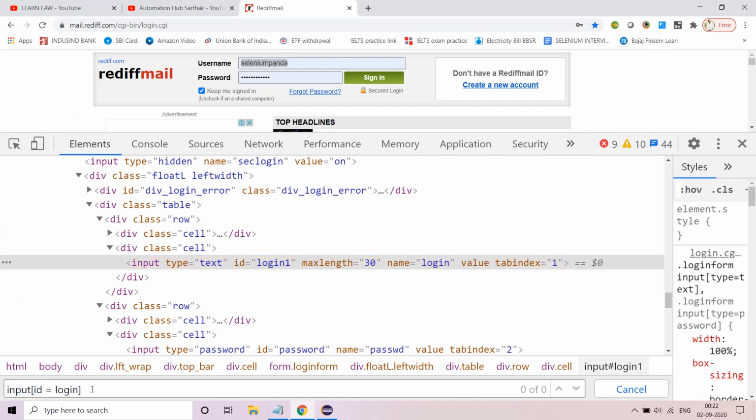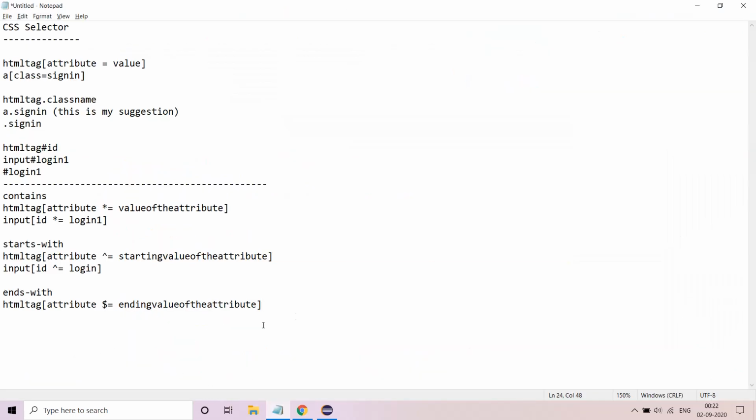You can use dollar, and you can choose to remove l, but you have to give 1, because you cannot eliminate the last value, otherwise it makes no sense, because it is ends with, so the end part of the attribute value, log and 1. So technically you cannot remove 1, it will not work. You have to have the end value for sure. So this is also a correct CSS selector. It will still work. So again, very simple, no rocket science.